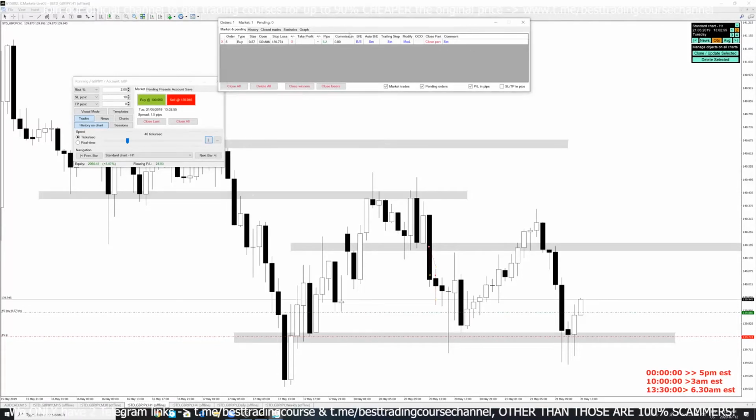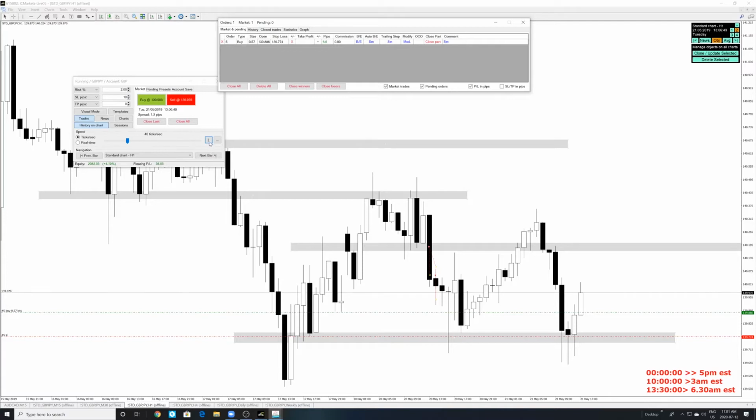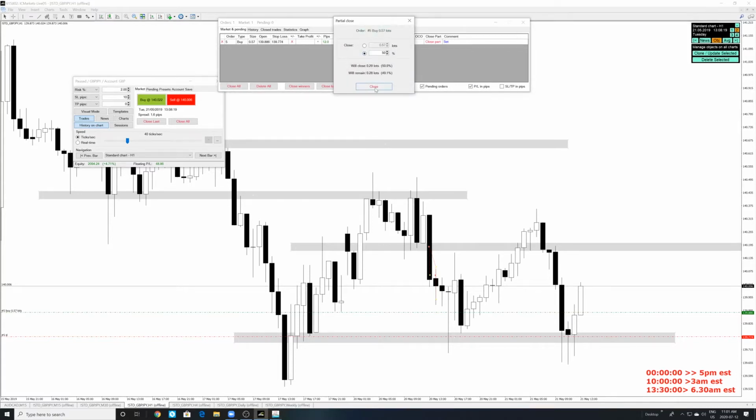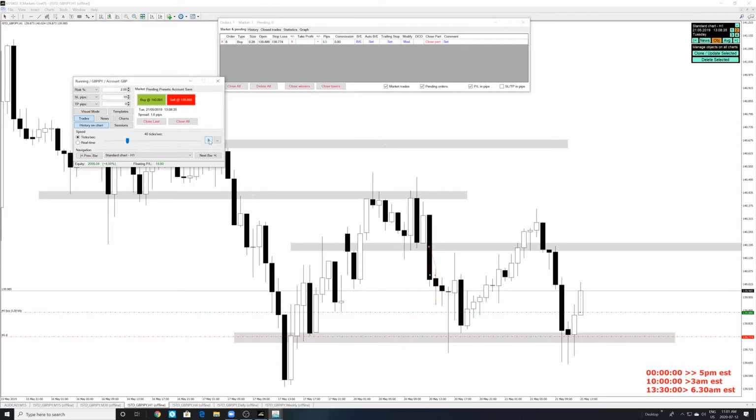Oh, I guess we're moving up here early. We're moving up 13, 14 pips, 9 pips in the first 5 minutes of this candle. We're up about 12 pips, right? And I think this is the point where we'll close 50% right here, and let the rest run. At the same time, I think I want to put my stops at break even as well. So maybe close 25% more, put stops at break even because we already won a trade, and then we'll let the rest run here now.